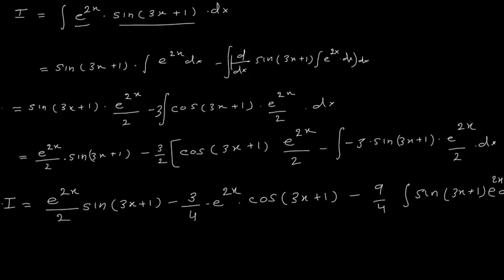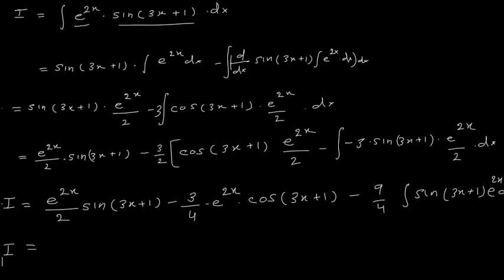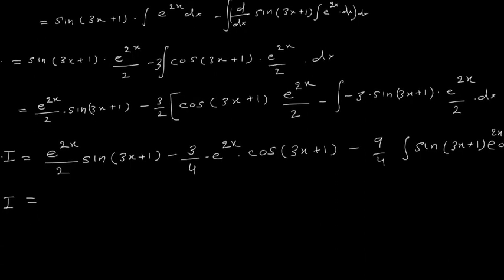So this is equal to I. Now if you see the original function, it is sin(3x+1) into e^(2x). Here again I am getting the same function, so I will replace that with I. So I have I equal to e^(2x). We are seeing that e^(2x) is common, so let us take e^(2x) common, and I will take 4 common, e^(2x) upon 4. Here we will get 2 times sin(3x+1). See what we have done, we have taken 4 common from the denominator, that means I have multiplied this left hand side by 2 and divided by 2.